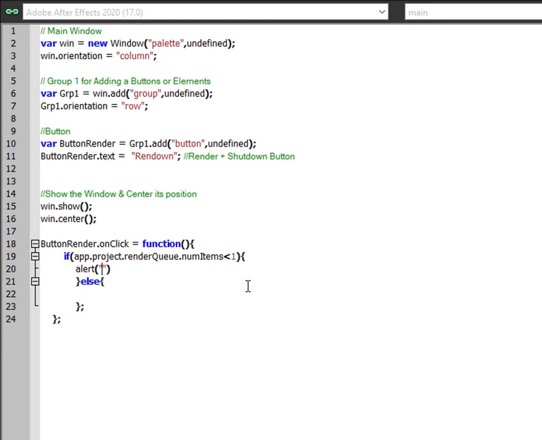So alert, please add comps, please add comps for render. And in the else statement, if the minimum is 1,